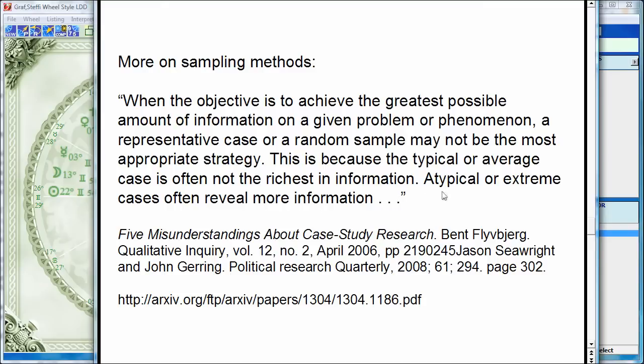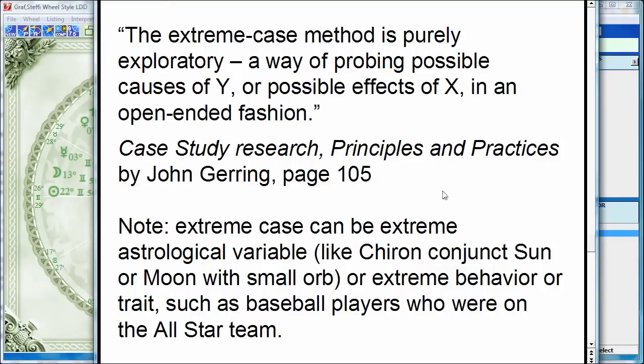in astrological research, it's very, very good. And one of the reasons it's very good is because the extreme case method is exploratory. It is a way of probing possible causes. So with this exploratory research, you can look at the chart and you can say, gee, let me study these people with all this Gemini. And you can use your skill as an astrologer,